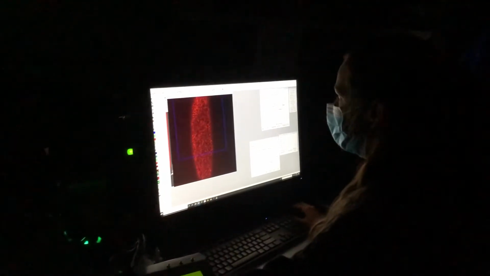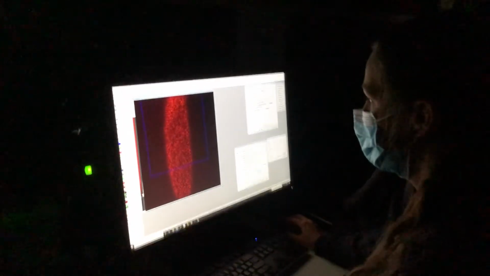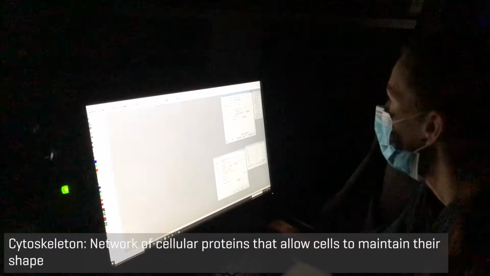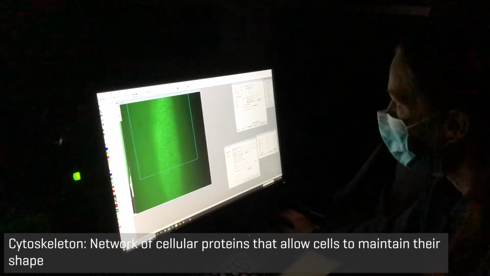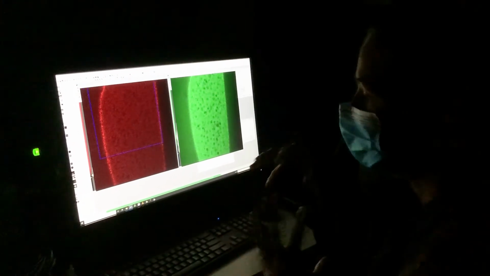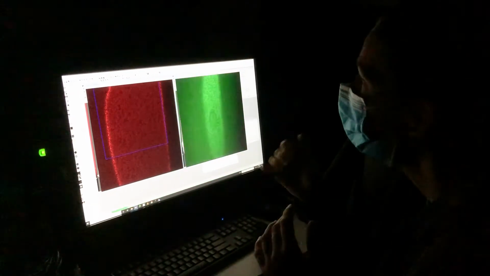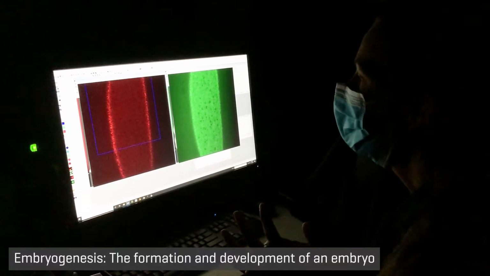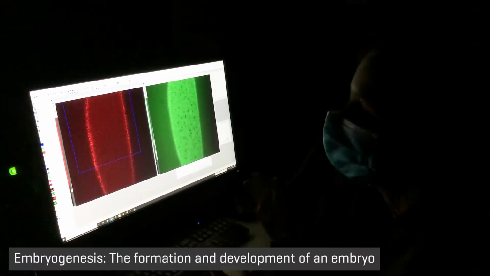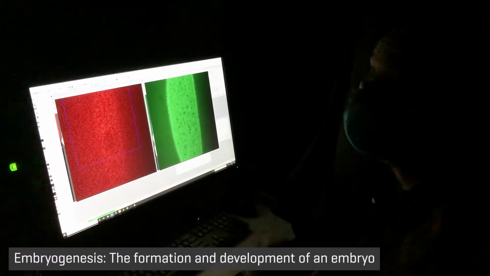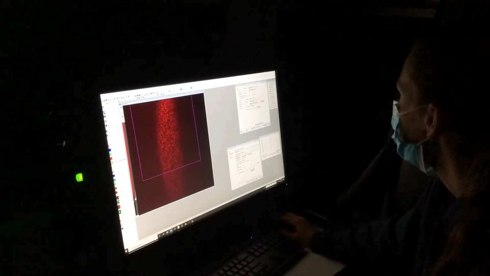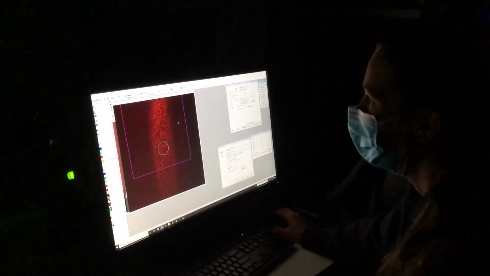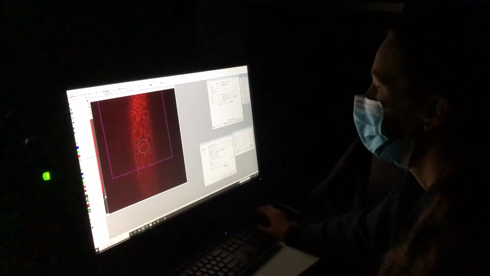So in red here, we're looking at actin. So this is what an embryo looks like if you're looking at its cytoskeleton. And this is our GFP protein of interest. The embryo is basically one giant cell that has multiple nuclei. And then a little bit further on in embryogenesis, this will start to form different cells and then a fly ultimately. So what I do is I wound embryos and I ask if these proteins are important in the wound